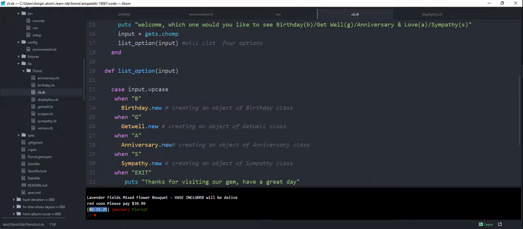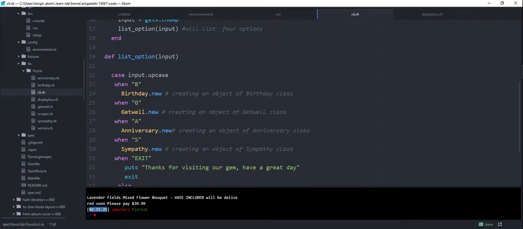If you have put the lowercase, with this method we are making sure each time the input that we are getting, we are matching it with the right thing. So in case I put the lowercase b, it automatically transfers it to uppercase B, and it matches with B. What happens at this point, it calls the class birthday.new, which is in